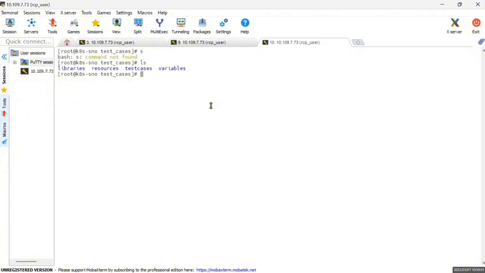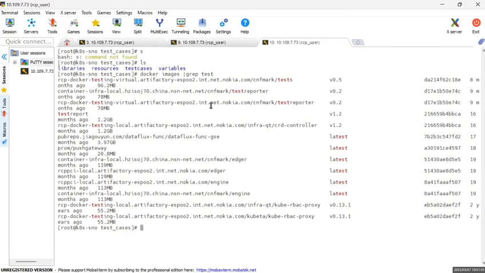After that, the test cases need to be packaged into container images using tools like Docker or Podman. And these Docker images need to be pushed to the container registry. And if you want to execute test cases, you need to set up the test pod and orchestrate test execution